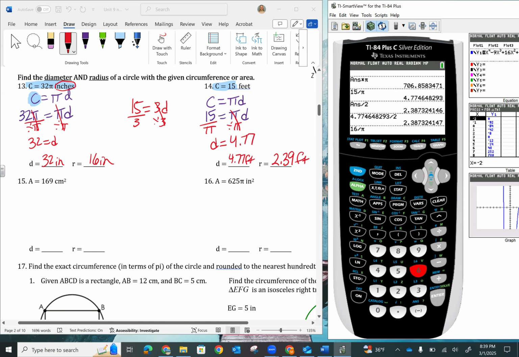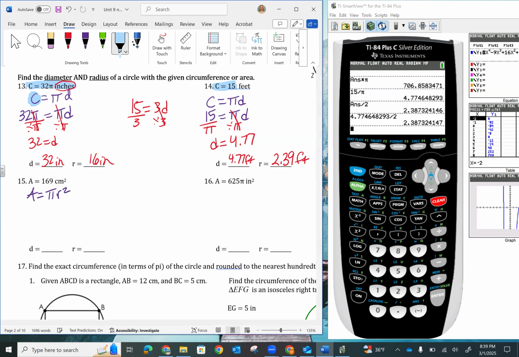Okay, so the next thing would be, I've got the area. Well, the area formula is equal to pi r squared. And instead of giving us circumference, they give us the area is 169. So instead of A, we're going to put 169, and that's pi r squared. I want r by itself. Again, we're trying to find the radius and diameter, so we're going to divide both sides by pi. It cancels out on that side because it's multiplication. That's how you undo things: multiplication means division. If I divide this side by pi,